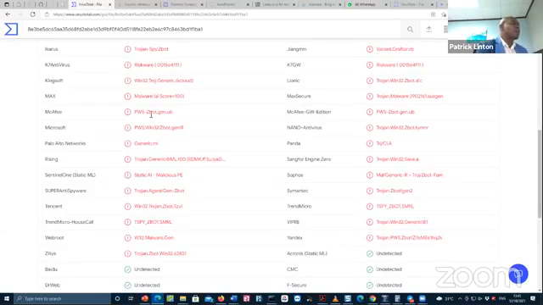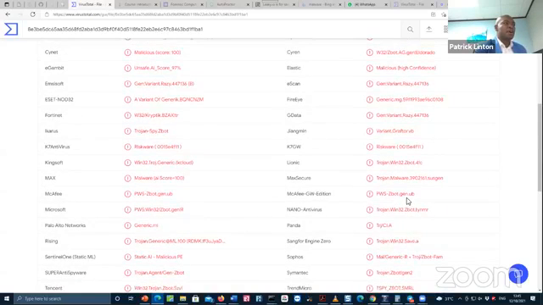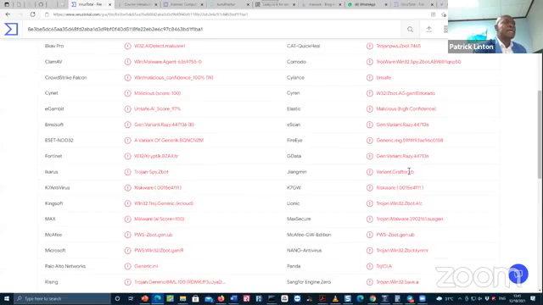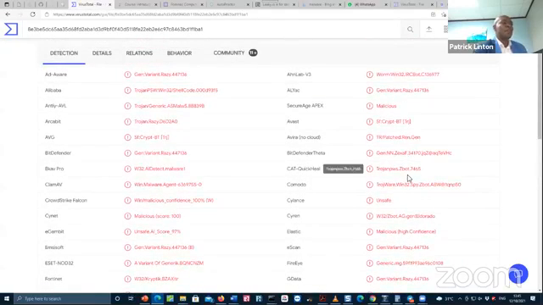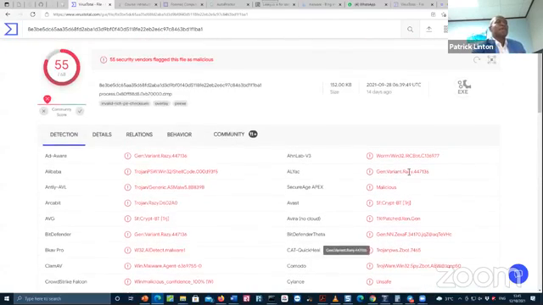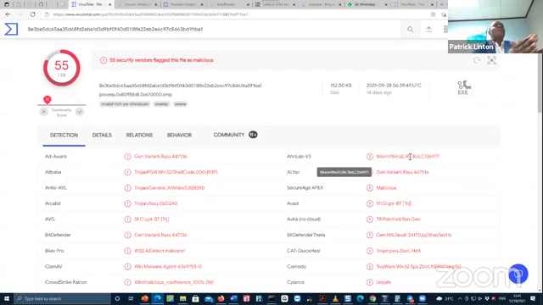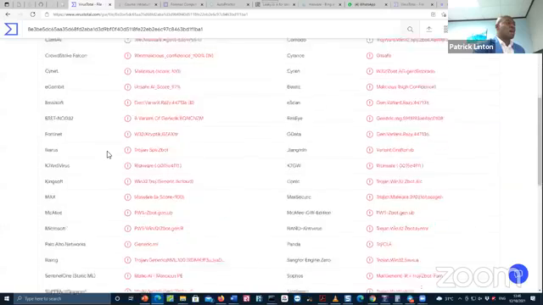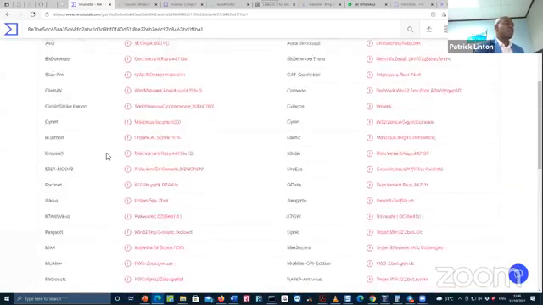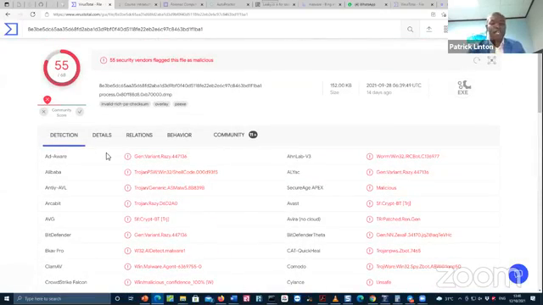So you'll see ZBot. We know that ZBot is also a name for Zeus, and you see it as a Trojan over here. You see ZBot, ZBot, ZBot, many different names, right? We know this is Zeus, right? But let's say we did not know what that is. Let's look at VirusTotal for a bit more meaningful data.